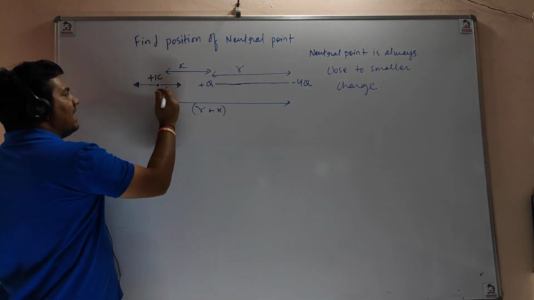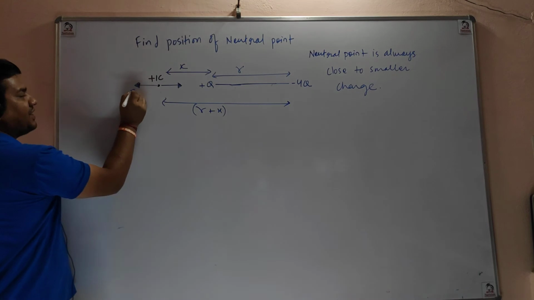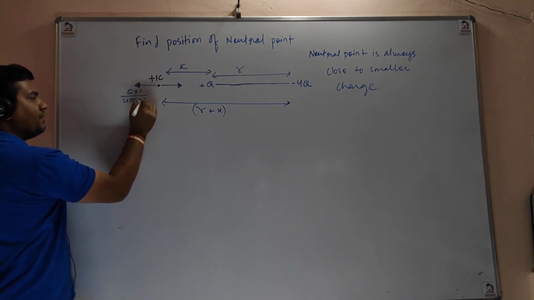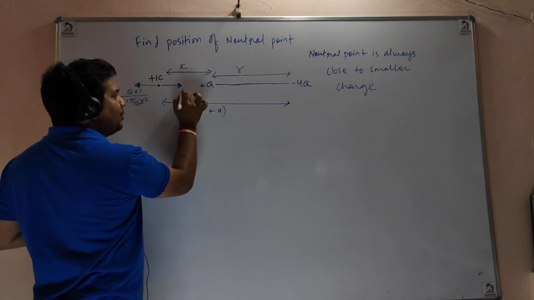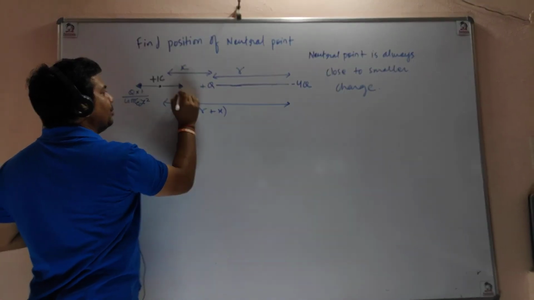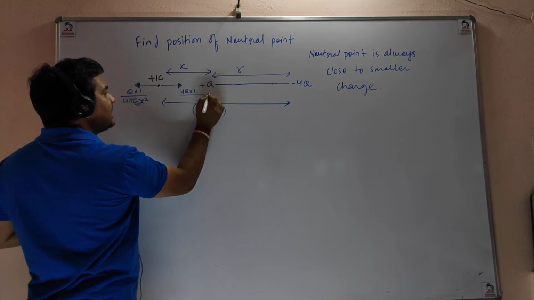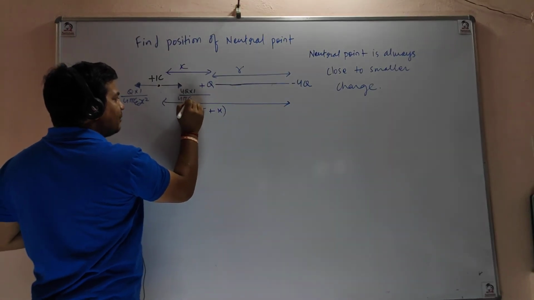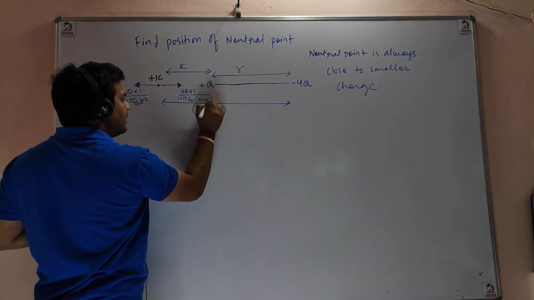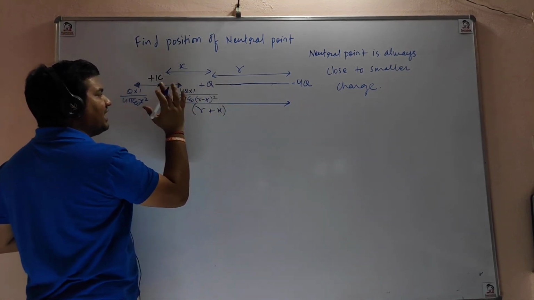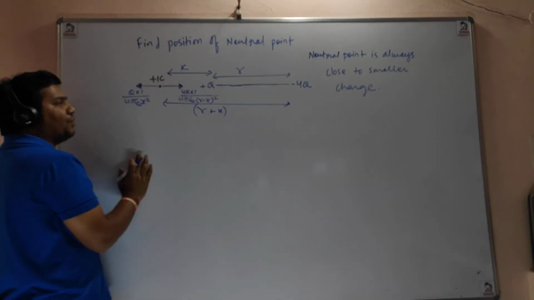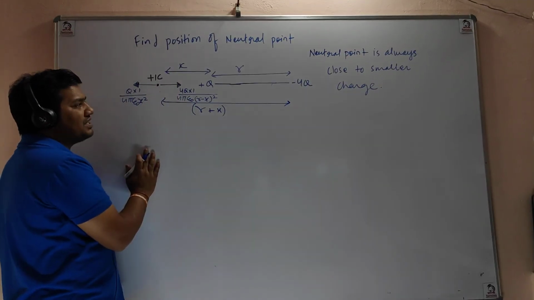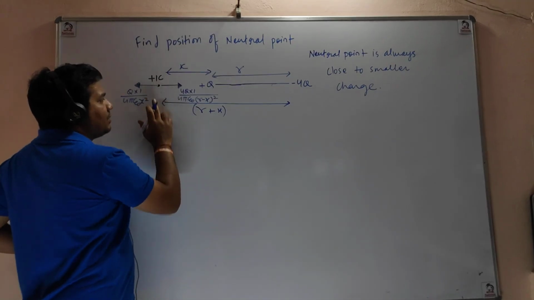Now the left hand side force is q1 into q2 divided by 4 pi epsilon square of distance, and the right hand side force will be q1 into q2, 4q into 1. I am not taking the sign of the charge because I took direction. We will take the direction but never the sign of the charge. If the right hand side and left hand side forces are equal, the net force on plus 1 coulomb will be 0.